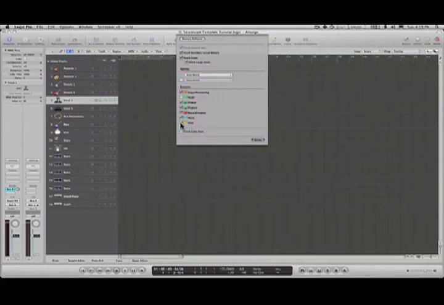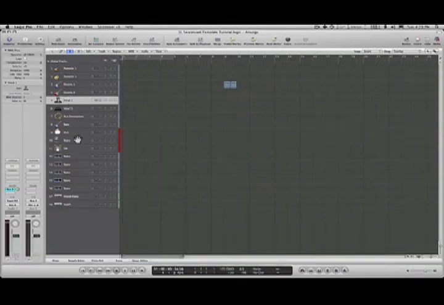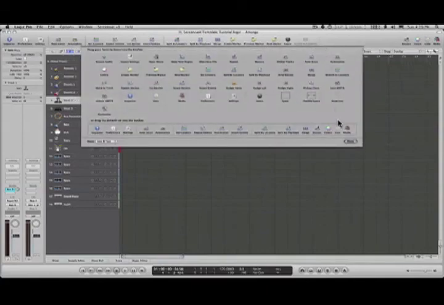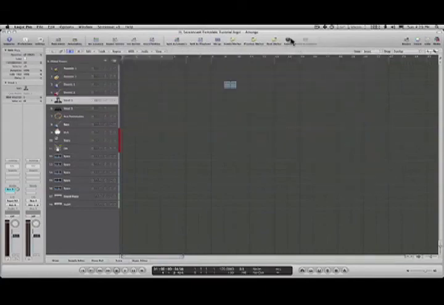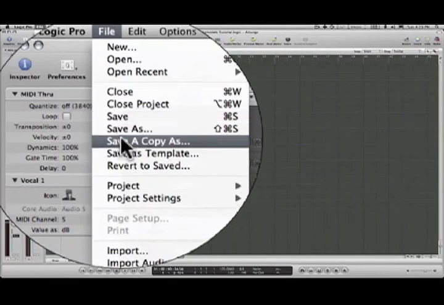Freeze, protect, track color bars, done. Shift L, it's locked. Okay, so now we're good. Of course, I'd go through and change colors for all these, but that's really it. You can change your menu up here as well. So customize your toolbar, get whatever you like up in there. Although you can, of course, get to all these things through the menus. And then the last very important step is to go to Save as Template,